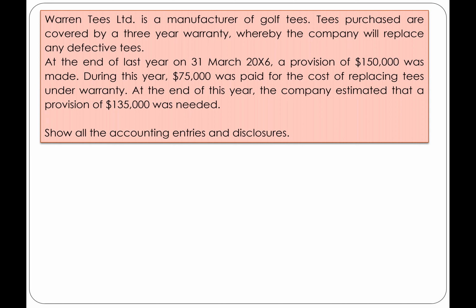Then during this year, we then took 75,000 from the 150,000 and paid for the replacement of some tees that were under warranty, which means we went on and debited the provision by 75,000 and credited bank because we're actually paying money, which means the balance that was left in the provision account was 150,000 that was there minus the 75,000 that we paid, which means the provision account now had 75,000. Then at the end of this particular year, we then estimated that the provision was now going to be 135,000. So when we are creating a provision, especially for,